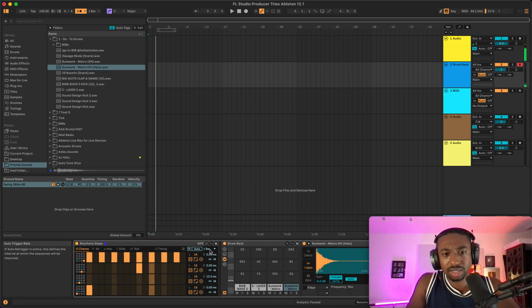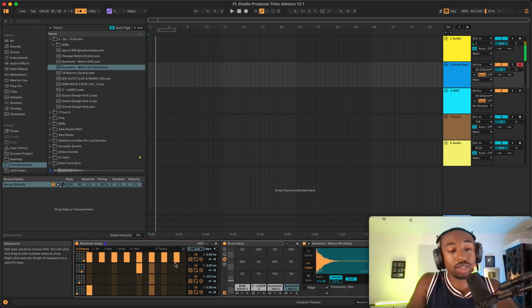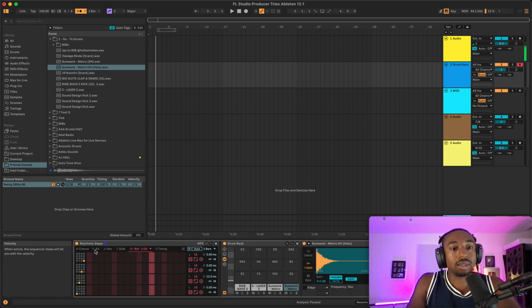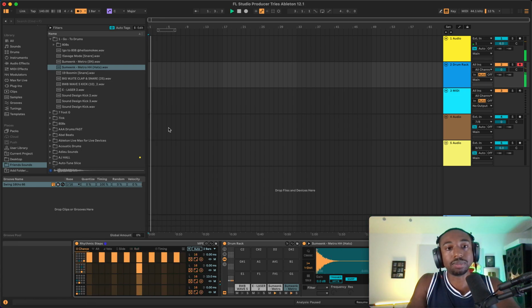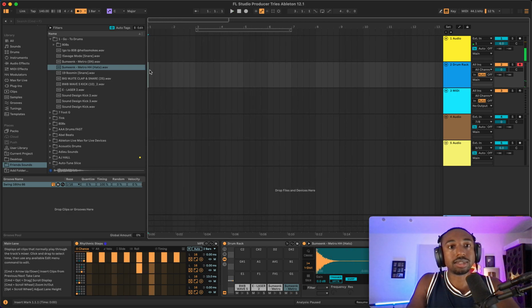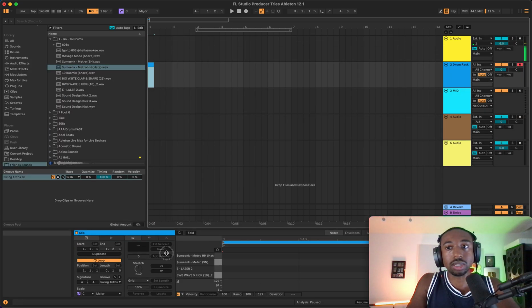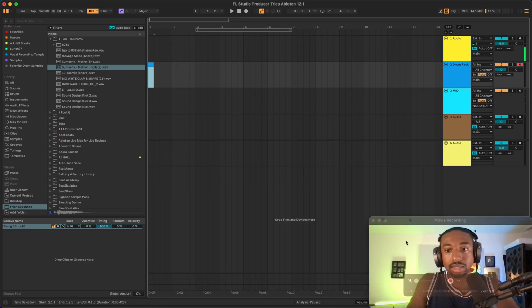So yeah, this isn't long enough. All right, so like I said, video's called FL Studio Producer uses Ableton. Let's see. I like the hi-hats on it, just not the kick. All right, so the question is, how do we add this to the arrangement view? How do we do this? How does this now translate to the arrangement?